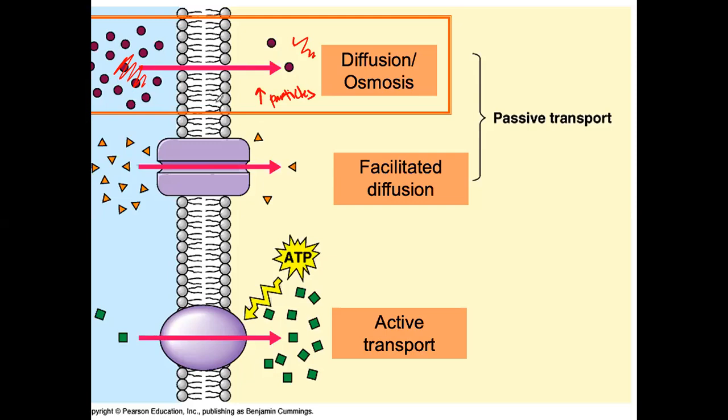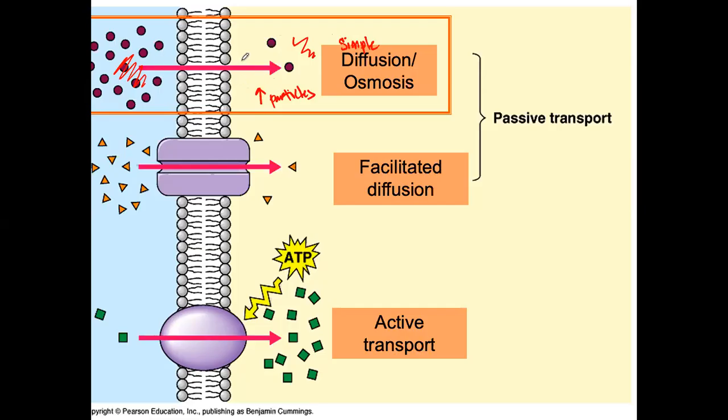So water is moving to the side with more particles because it wants to dilute the side of more particles. Okay, so this is considered to be passive or simple, excuse me, simple diffusion